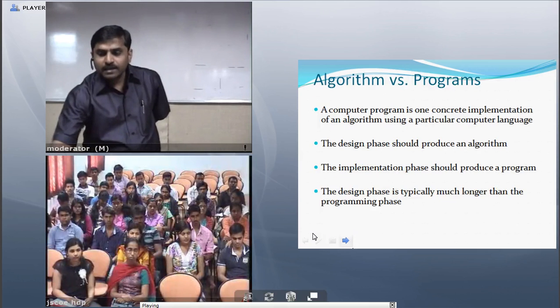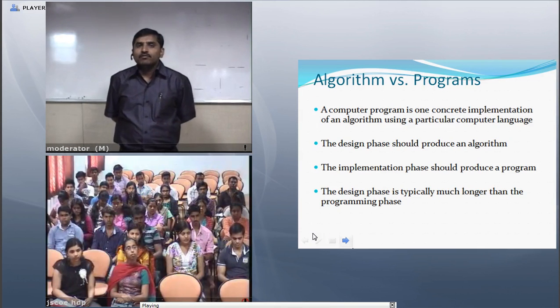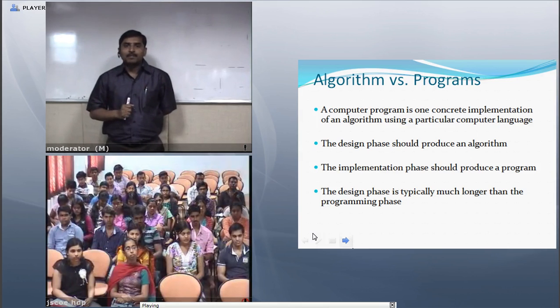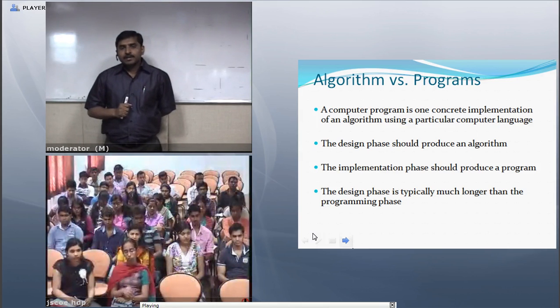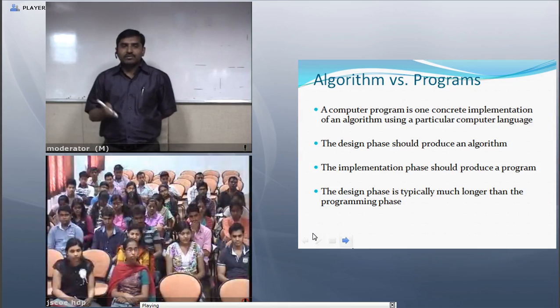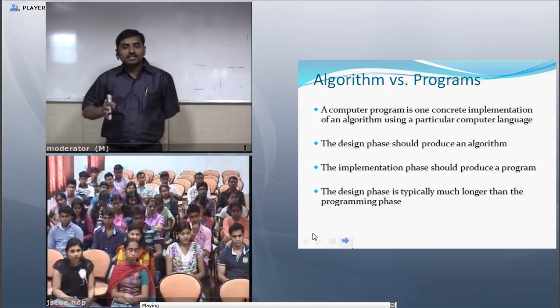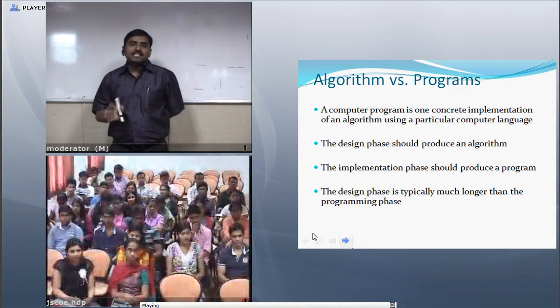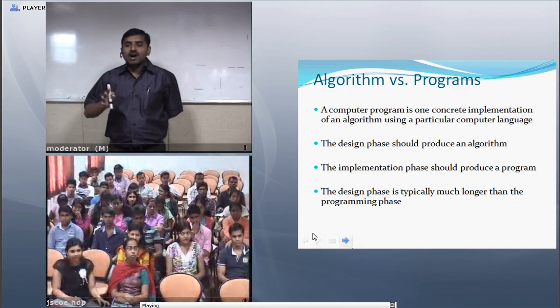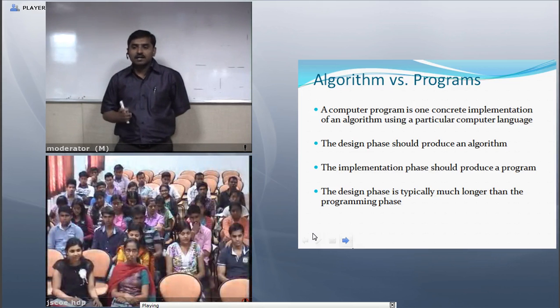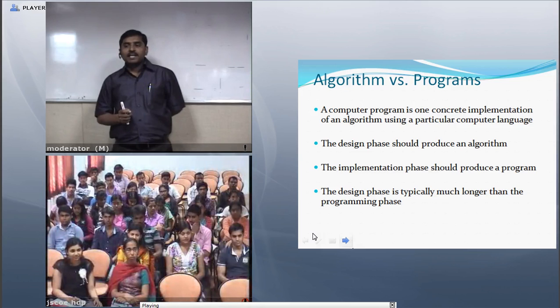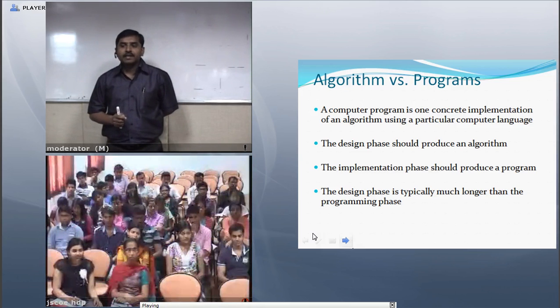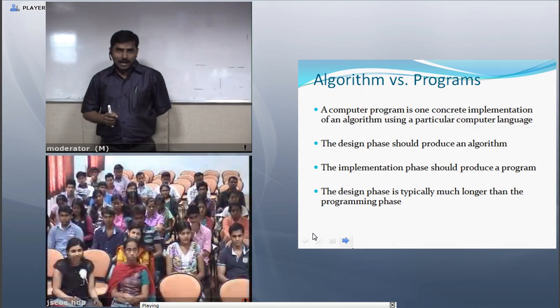Next is what is the difference between algorithm and program. An algorithm is different, and when we write a program it is different. A program is the implementation of an algorithm. We can say that a computer program is one concrete implementation of an algorithm using a particular computer language.